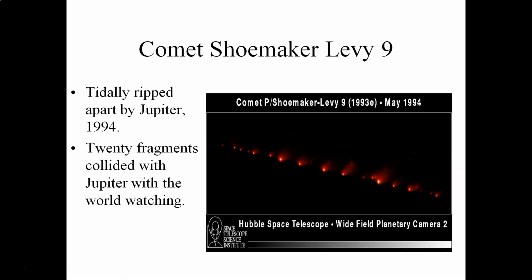Okay, and then very famously, back in the early 1990s, a comet broke up into 20 different fragments as it passed close to the planet Jupiter. And then just a couple of months later, all of these fragments actually slammed into the planet Jupiter. So these 20 fragments here from this comet called Comet Shoemaker-Levy 9, as you can see here in this very nicely detailed Hubble Space Telescope photograph, ultimately each one of these fragments slammed into Jupiter with the world